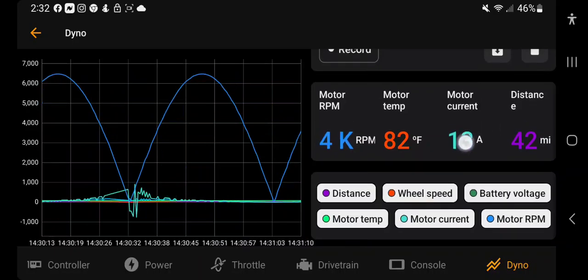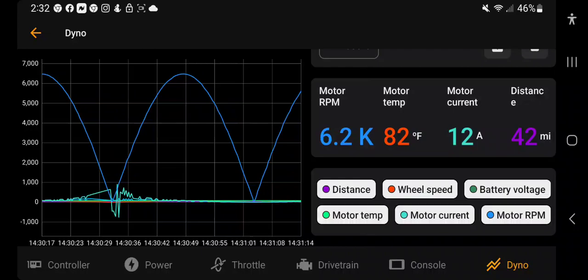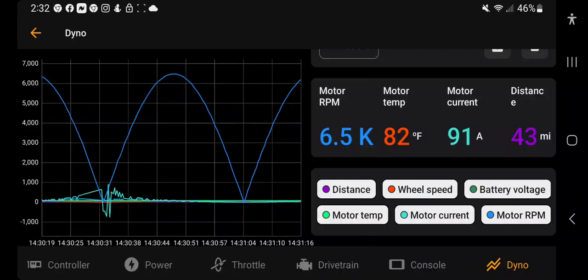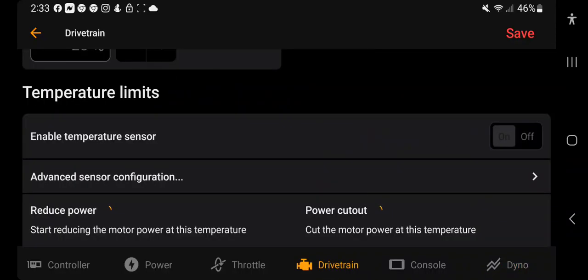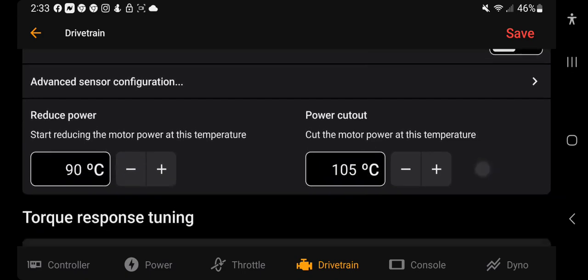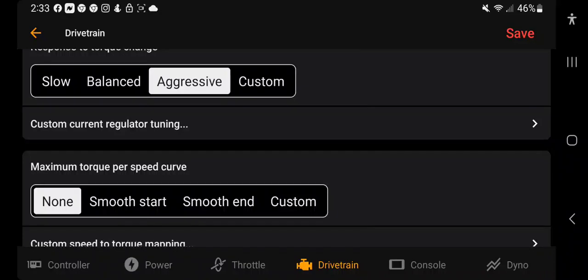But alright guys, that's it. Yeah, Kilowatt is a great app once again. And what I was actually speaking about, launching the bike, I can actually do that right here in the drivetrain. Like I said, I just never really wanted to use this because I just wanted mine maxed out and be able to modulate it with my throttle